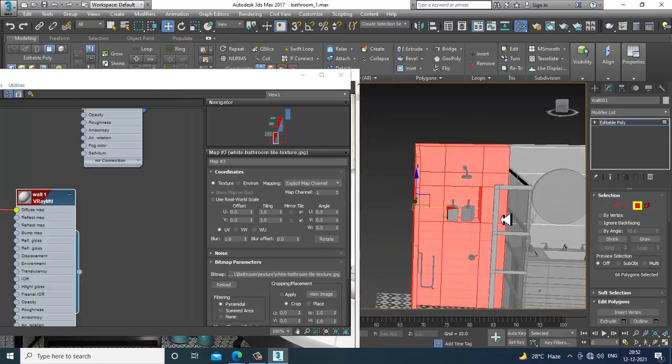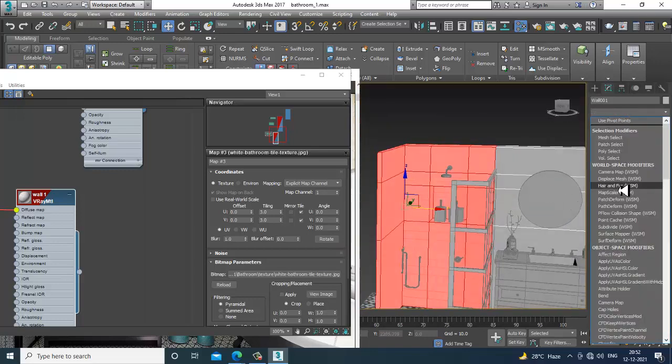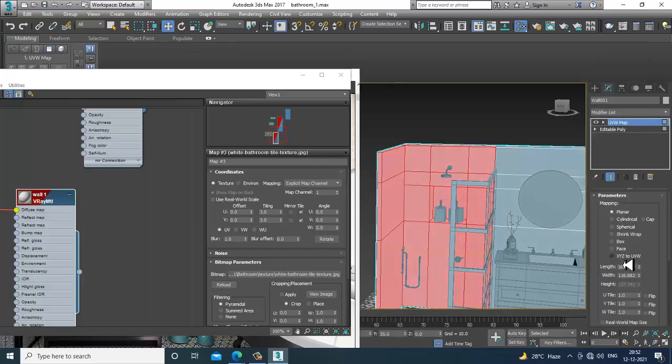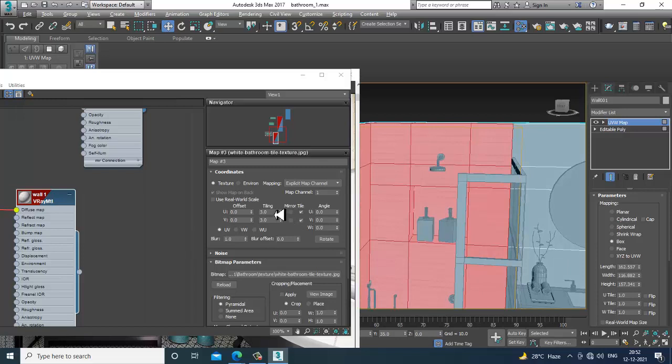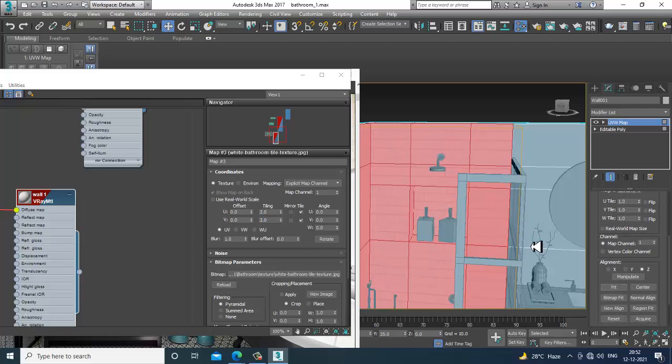If you think the tiling is not perfect, I can go into the modifier list and add a UVW map, and you can fit that.